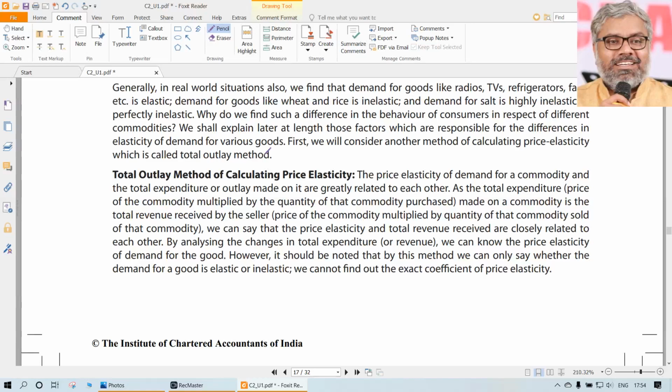If it is more than one, definitely they are very strongly related. If it is less than one, they are weakly related, meaning the quantity demanded and price. And if it is equal to one, there is no particular impact, so both are equal and the relationship is straightforward. So in some cases, the strength of this responsiveness could be much more.